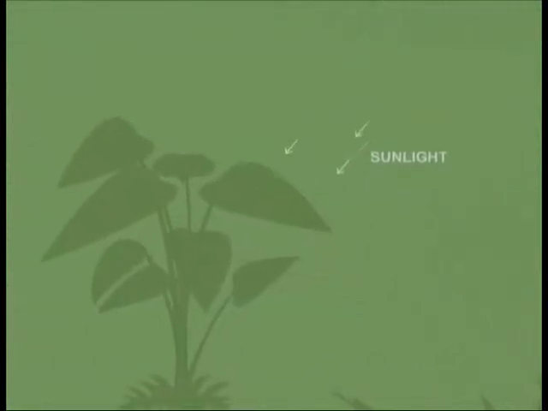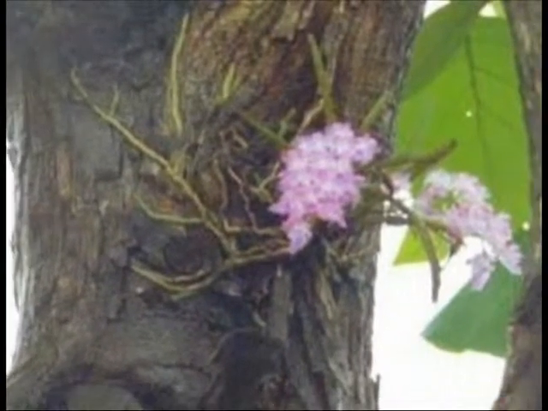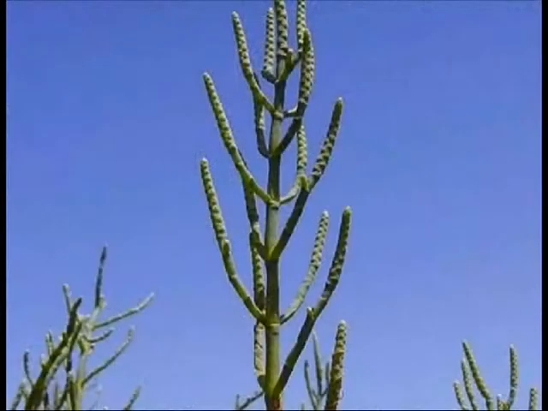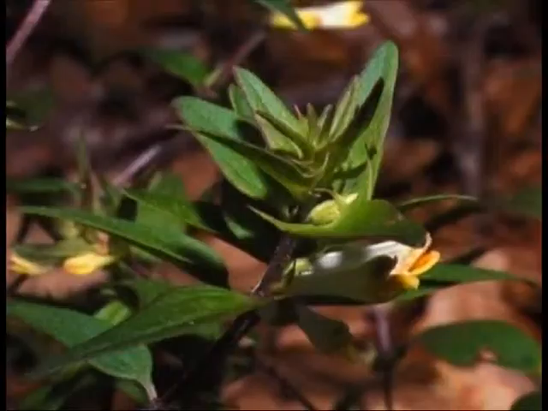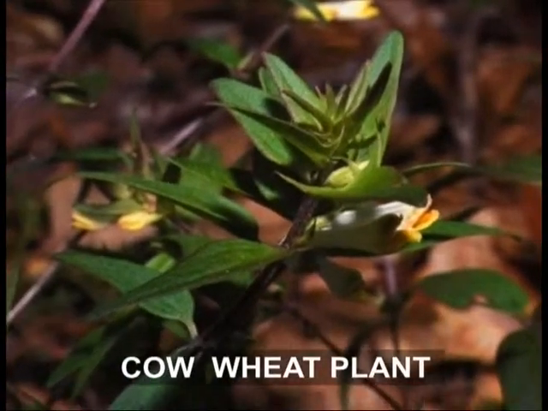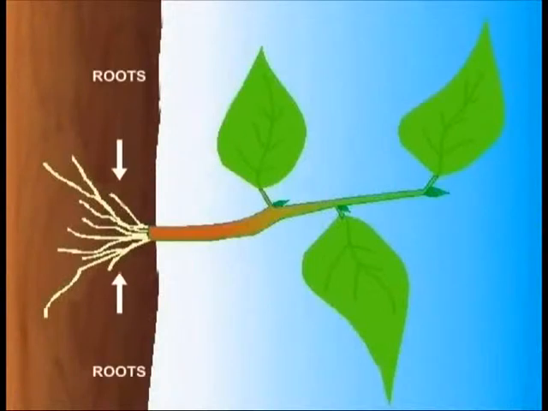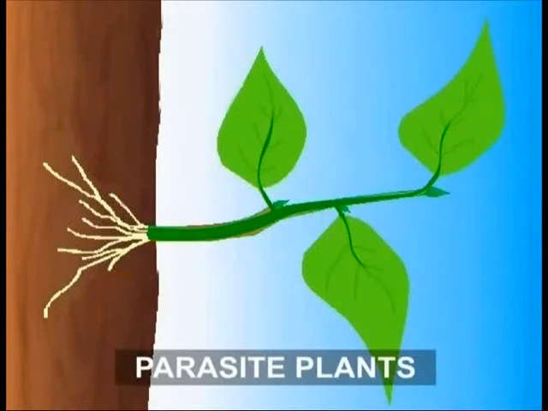Some plants growing in shade have even found a much easier way to get food, and that is to steal it. They are the parasitic plants. They penetrate their curly twigs into the stem of other plants and directly absorb the prepared food. Cow wheat is a delicate-looking flower plant that grows in European forests. This plant attaches its roots to other plants and steals their sugary sap. It lives off food prepared by other plants. Such plants are called parasites.